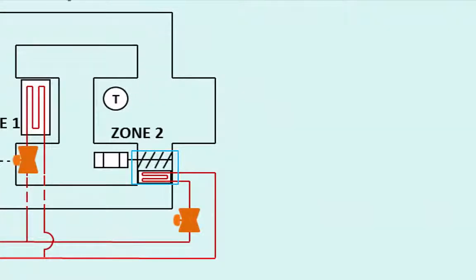The third common location for a hot water heating coil in an HVAC system could be in what we call a variable air volume or VAV box. These are located in the ductwork right before the air gets dispensed into the space it is serving. The control loop, which operates a VAV box, can be a little complicated, as the VAV box has two moving pieces: a damper, which can modulate the amount of air flowing to a space, as well as this reheat coil, which can modulate how much hot water is flowing through the coil and subsequently how much heat is being added